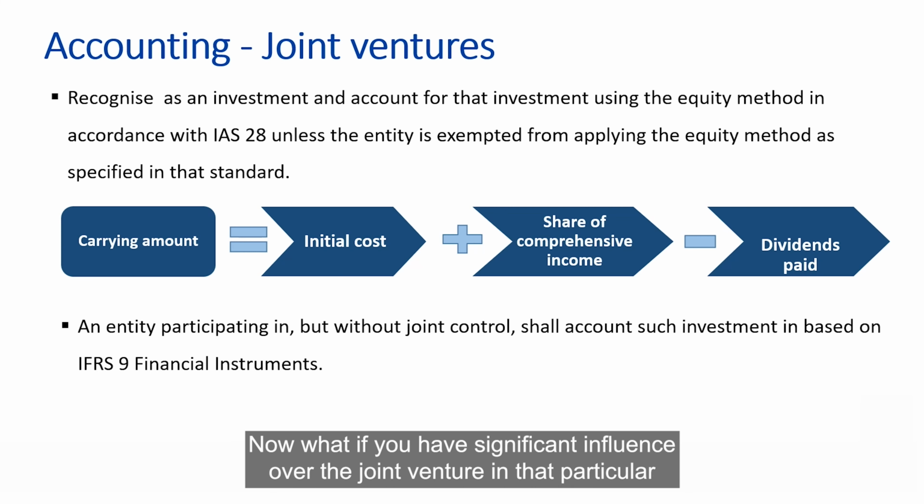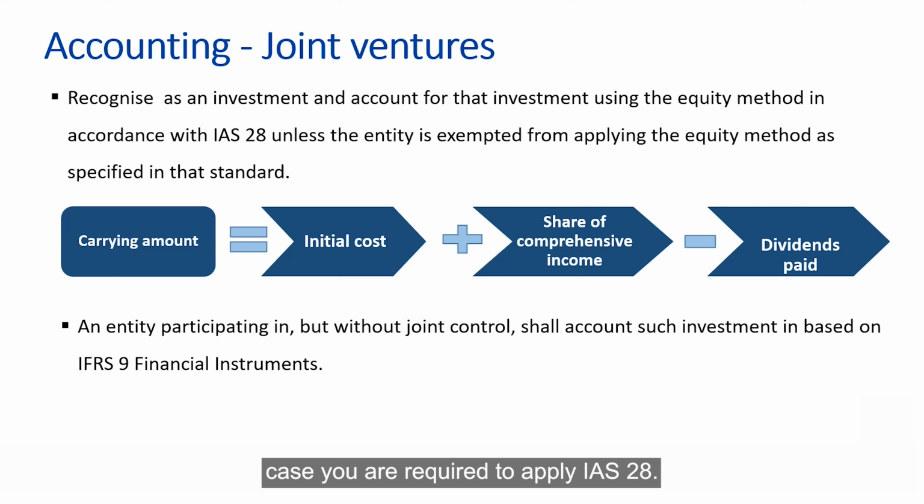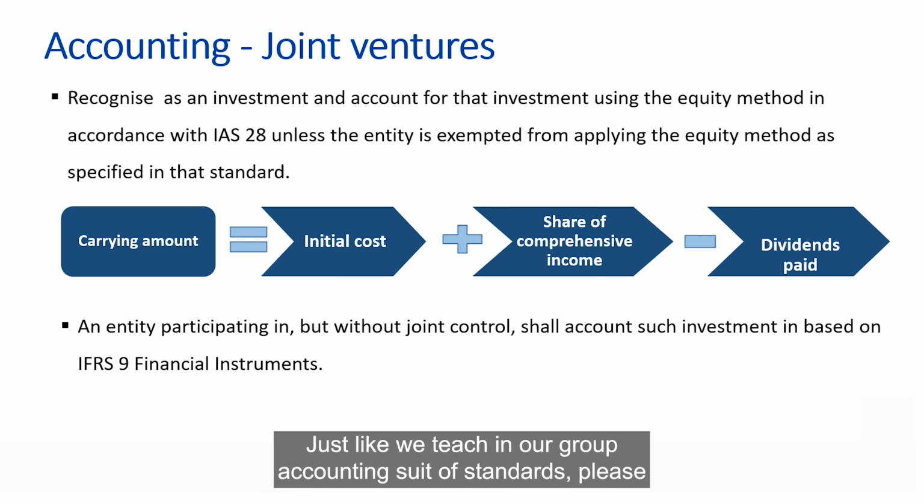Now, what if you have significant influence over the joint venture? In that particular case, you are required to apply IAS 28, just like we teach in our group accounting suite